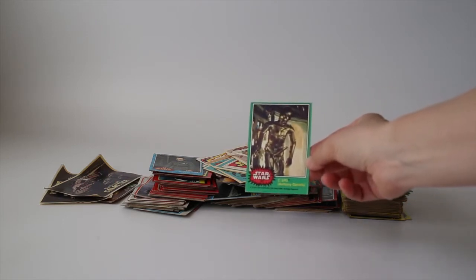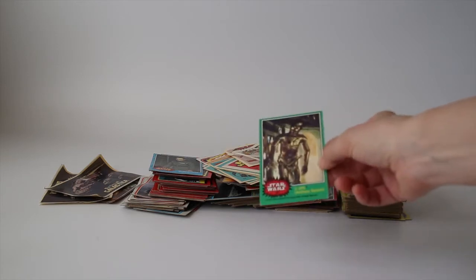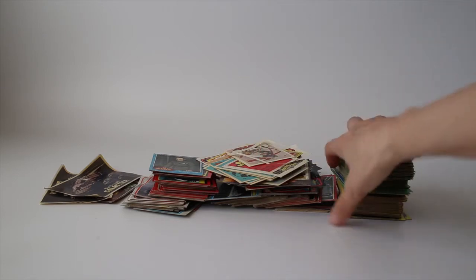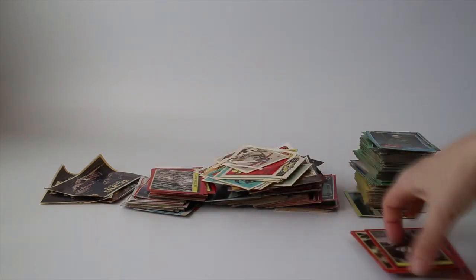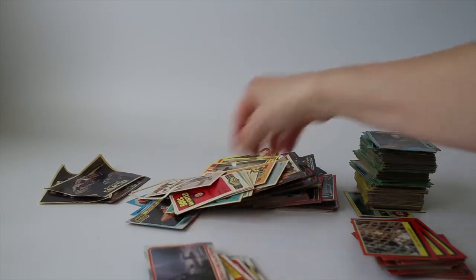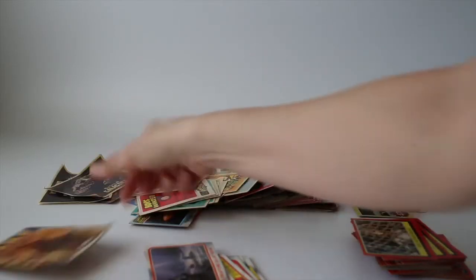Last time I got the card find, I found the corrected version of him, which is actually more rare but not worth as much money. So this time I got the other version. Got only one of the blue cards. Got some Return of the Jedis, some Empire Strikes Back, some stickers from the products,